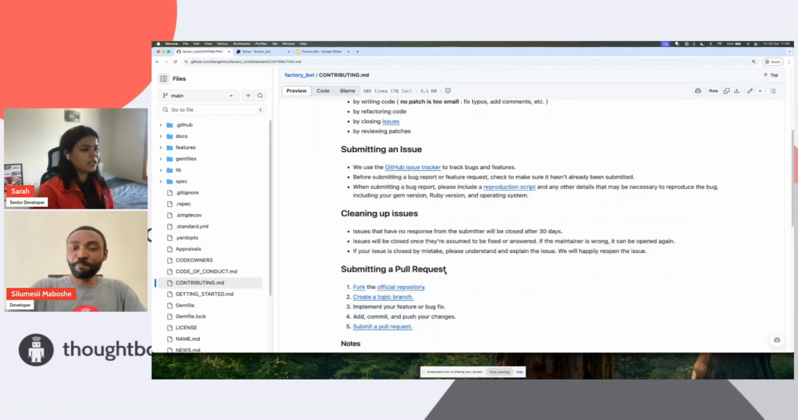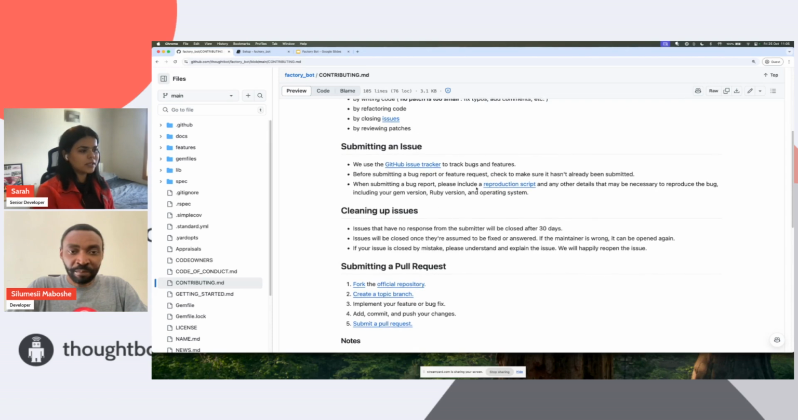So we use GitHub to track bugs and features, and when you submit an issue or feature request, make sure that we don't already have one for that. And when submitting a bug report, a reproduction script, any details are also